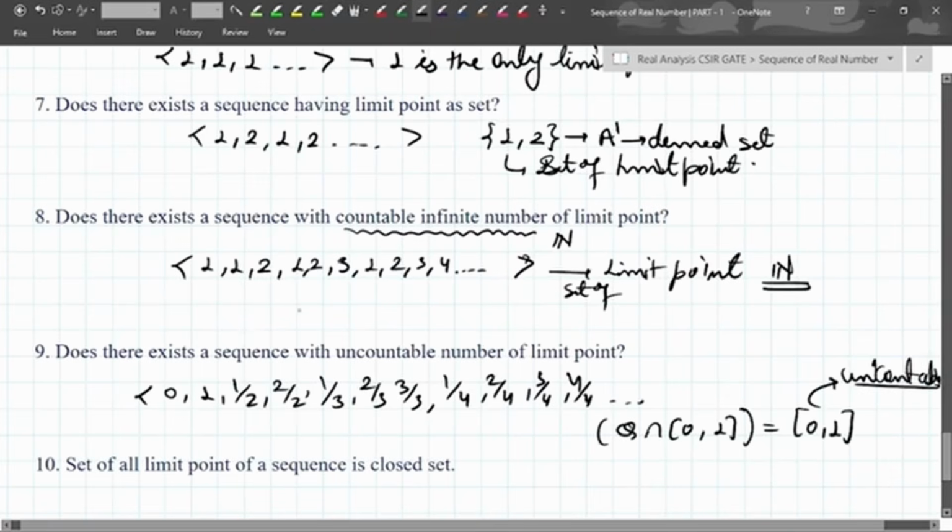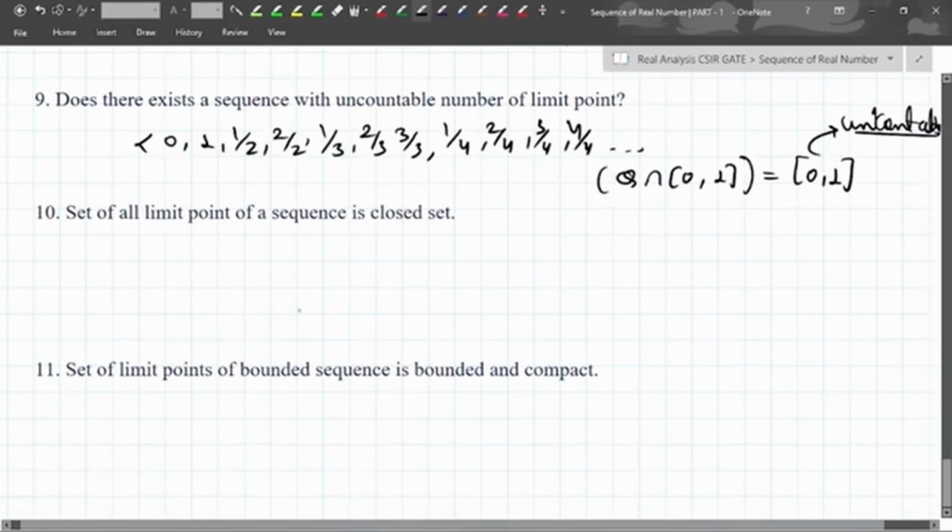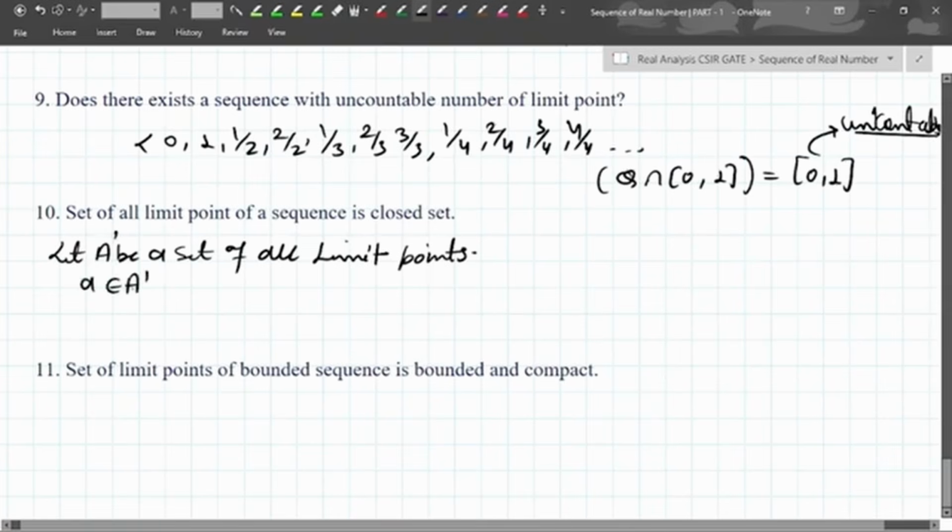Okay, this is the uncountable example. Now, the set of limit points of a sequence is closed. That is what the derived set is. Let A dash be the set of all limit points. If a belongs to A dash, this is called the derived set. Then A is